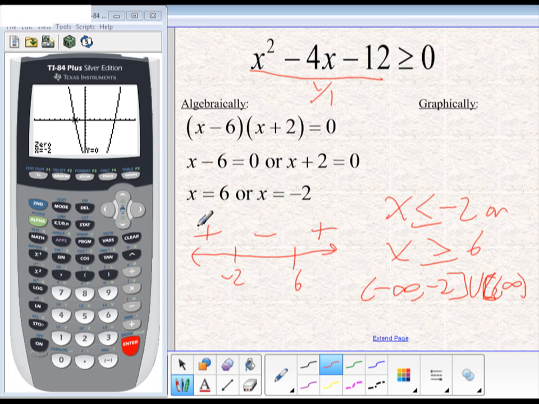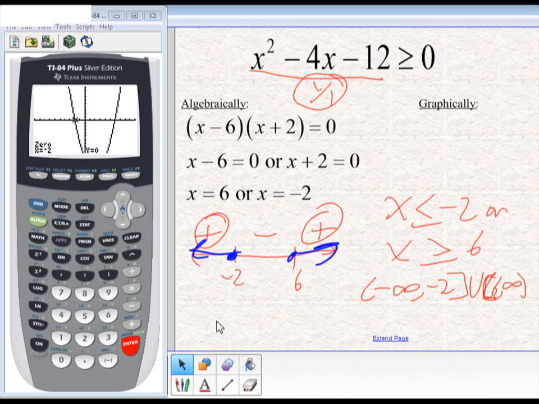So I can see that it's positive here, negative in the middle, positive here, but I can see that on my graph as well. So to answer this question, when is y1 greater than or equal to 0, it's here and here. And that would tell me that my solution is that and that. So that's how you would do it algebraically, but here I think actually the graphical solution is easier. Okay, next up,